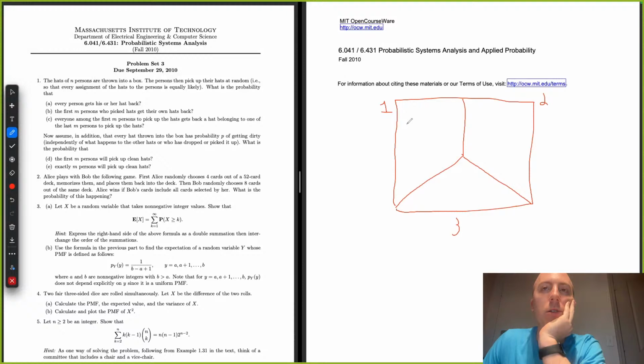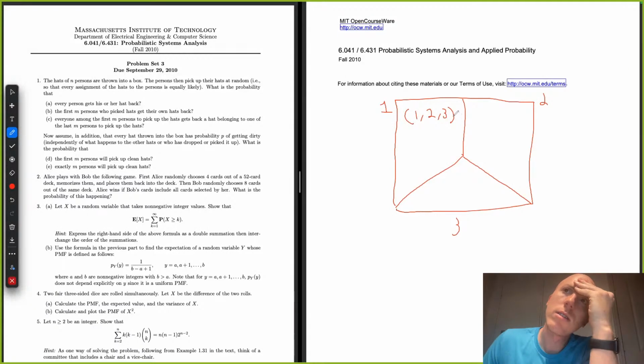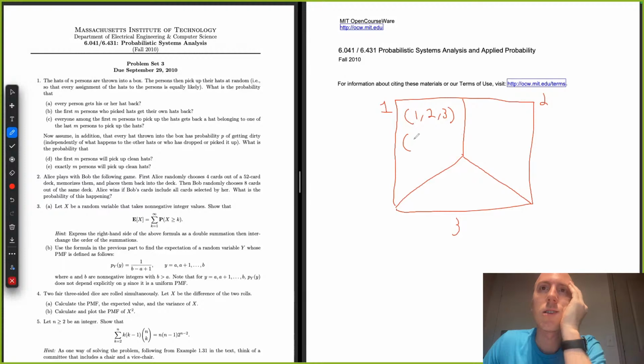So it's like the probability that 1 gets their hat back. It's like 1. Yeah, these aren't all distinct. We can't think of them in terms of distinct. It's like 1 and 3, 2, and